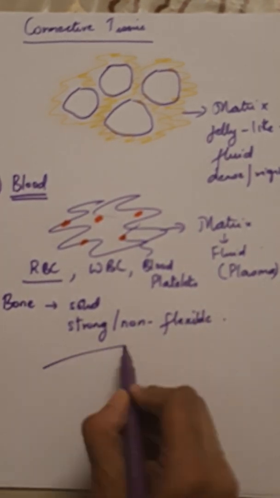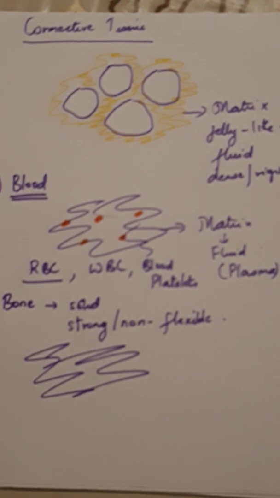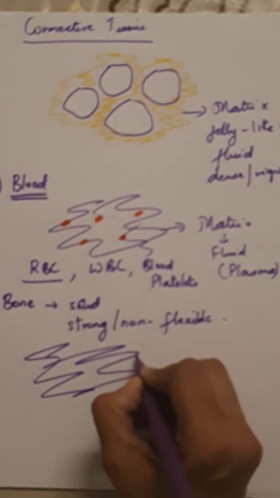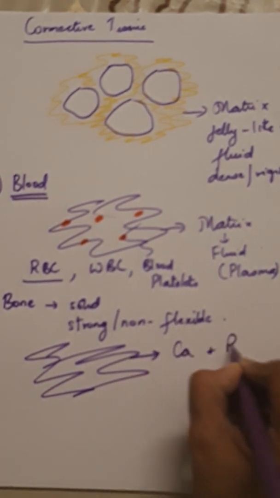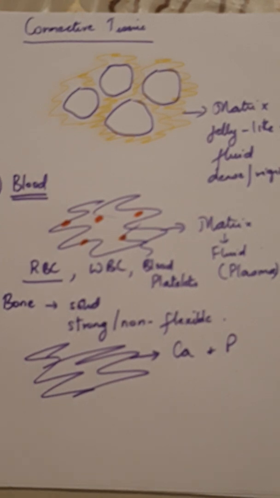Now the background substance, the matrix of the bone, is made up of calcium and phosphorus compounds. And in that matrix, there are different cells which are embedded. So remember that bone is a hard connective tissue. It forms a framework that supports the body. It anchors muscles and supports the main organs of the body. Now this is a picture of the bone as a connective tissue.